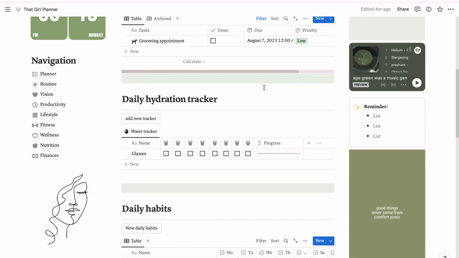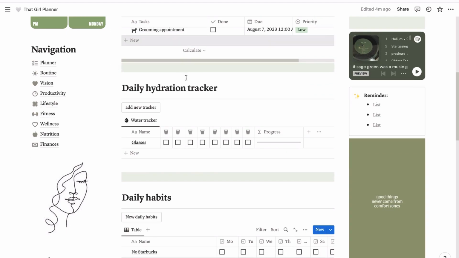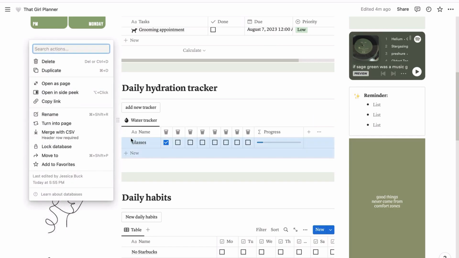And then under the tasks for today, you have your daily hydration tracker, and you will also find this daily hydration tracker in multiple different pages of your planner, just to remind you of drinking water. And how this works is pretty straightforward. You have 8 glasses of water, and once you've drunk one, you just check this off, and then it will also show you your progress. And then at the end of the day, you can either uncheck these if you want to, or you can also just go ahead and delete this water tracker by pressing on those 6 little dots and then